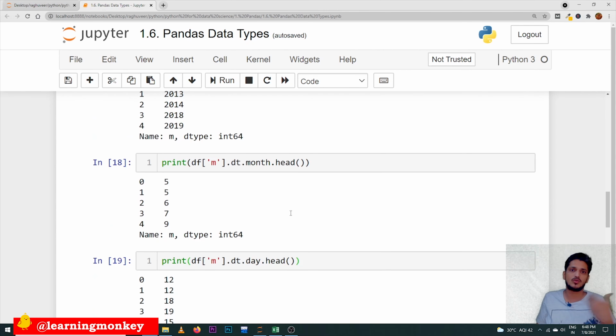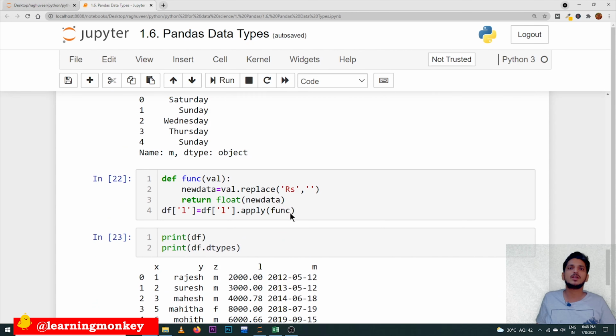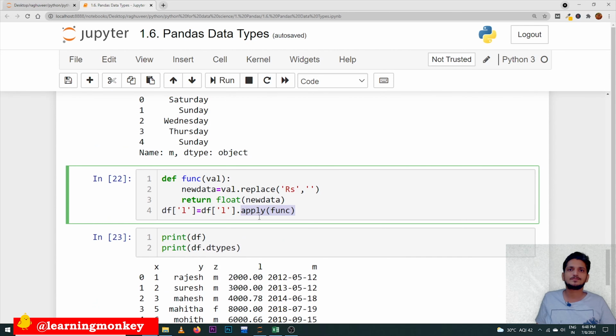We have written a code for this. In order to convert that, we are using a method called the apply method. This is the apply method available in our DataFrame. What is this apply method? We will understand in a minute. Let's try to understand the code which we have written there. We are taking a function, and this apply method will take this column, and each value is given to the function.